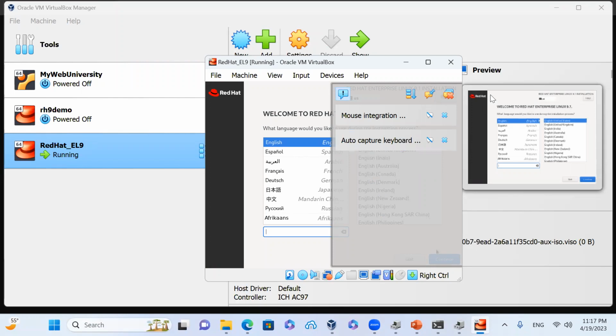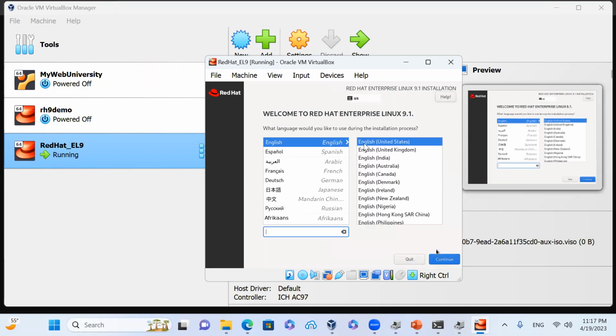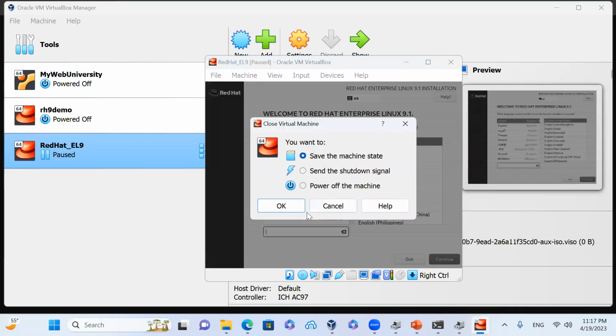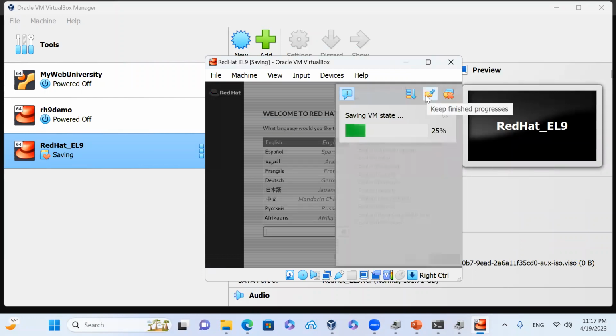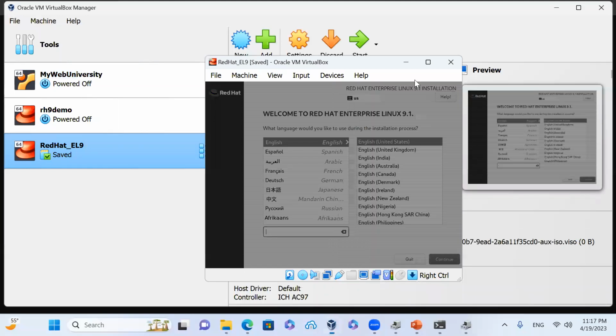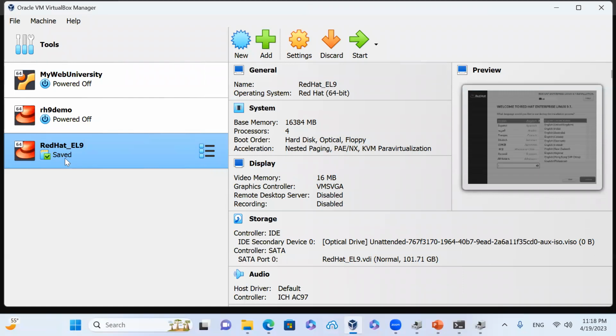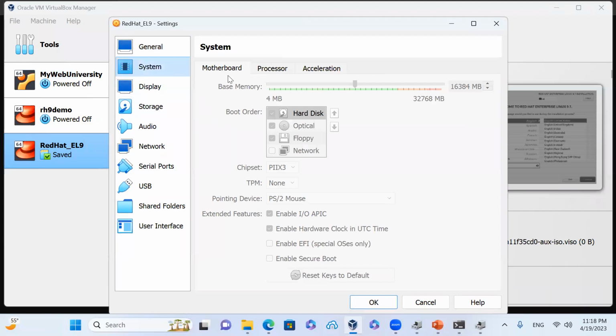Actually, before I do that one, it may just not work properly, but on the previous one, I already selected one. This one, I'm going to just say power off. So power off right now, and I'm going to make sure that the mouse is USB 2 there. So now I have powered off. It says that it's safe. I'm going to go to setting on this one, click on the system, and then click on the